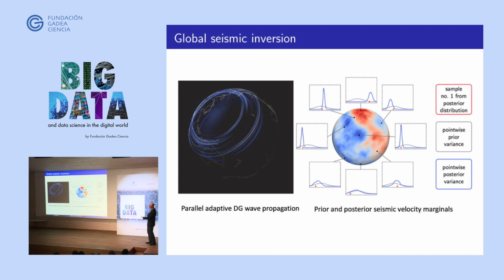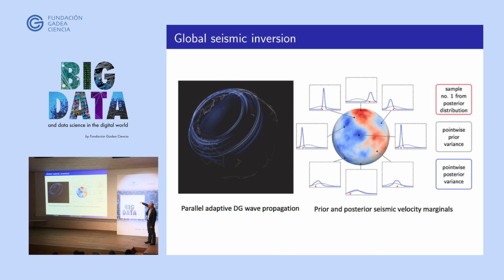This is a problem in global seismic inversion. We're trying to understand the structure of the Earth, and in particular, what we can learn from seismic waves means the distribution of the wave speed in the Earth, and that's correlated to temperature and even to composition, mineral composition of the Earth. So the observations we have are seismic waves. So nature lights up the Earth through earthquakes, and we have seismometers around the Earth.